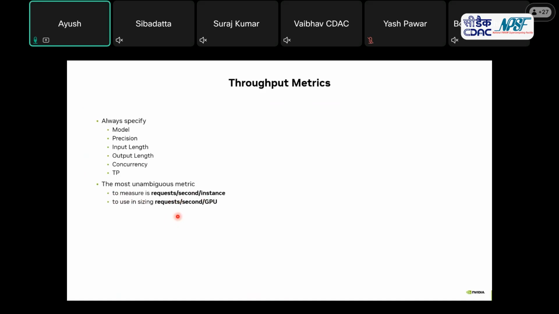But if the model does not fit within a GPU, it's a larger model, then we average that and find out per GPU what is the maximum number of requests that the model can take. These particular things are useful when we do the hands-on demonstration in this session. We are going to specify all of these things and then compute requests per second, based on our conditions, like what is the maximum latency